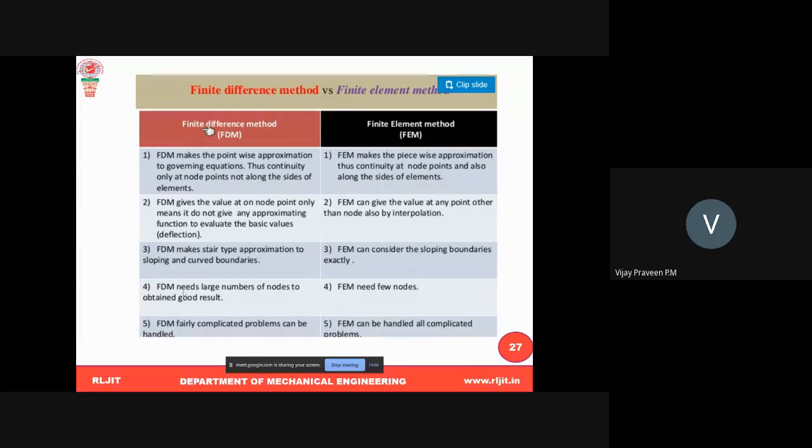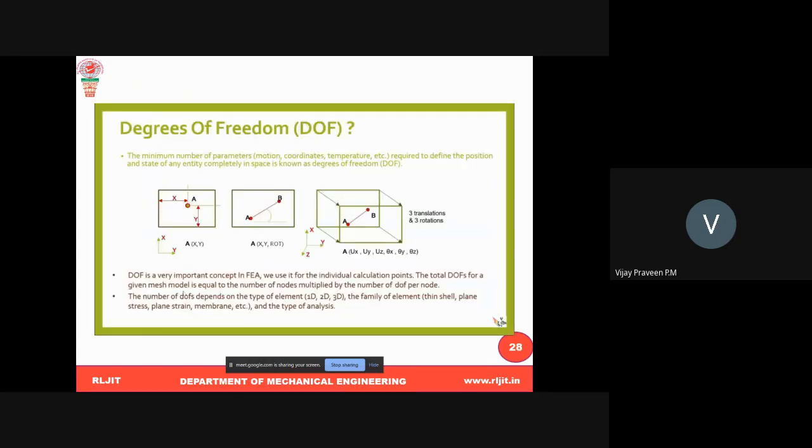Because these are the very fundamental basics. Till now you have not studied this type of subject. It's the first time you are going to study a numerical method type of subject, and this is the fundamental. If you go to higher studies and don't know this fundamental, it is difficult. That's why this is the very fundamental thing you are studying, because in the industry they use this type of approach to do the analysis and design everything.